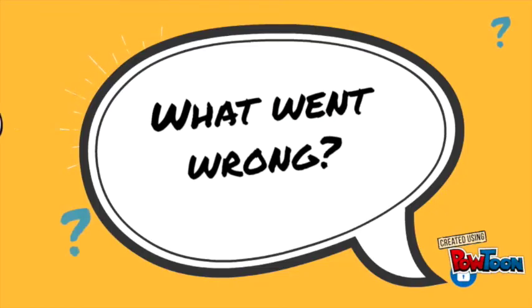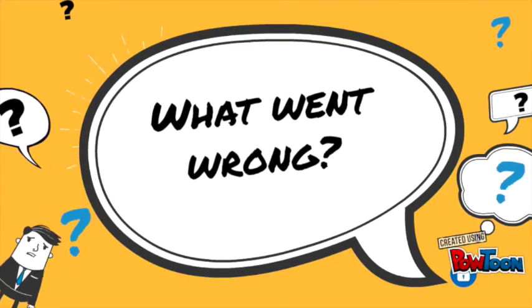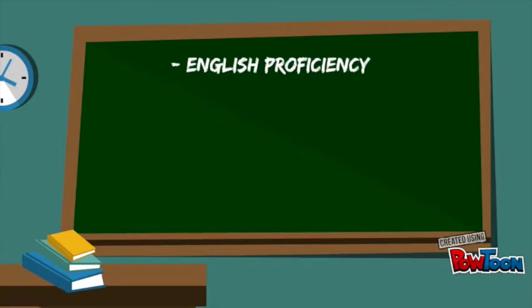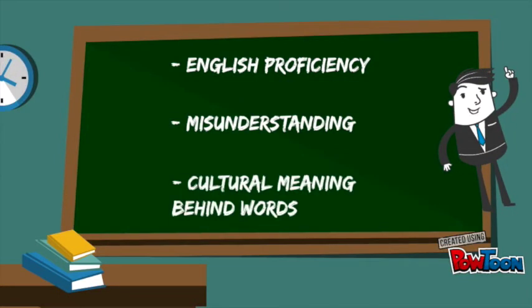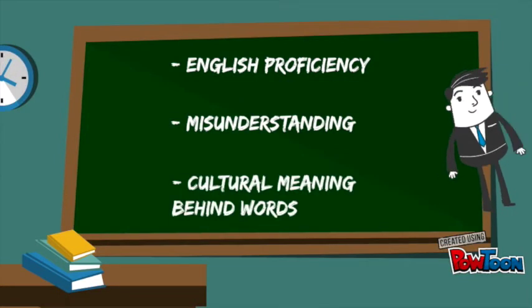Tea's tea. So what went wrong here? What is going on? When Ron invited Chen to have tea together, Ron just wanted to grab a coffee or tea while Chen thought they were going to eat a lot of food. The reason behind this miscommunication is a lack of English proficiency.